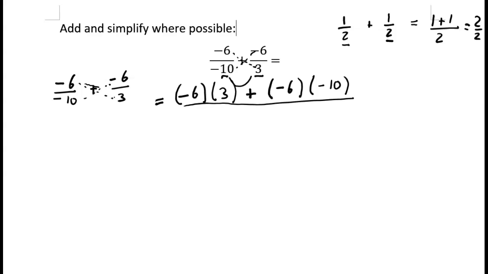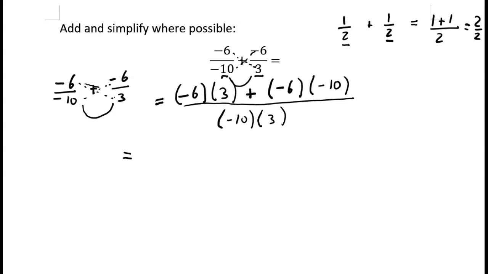And what have we got in the denominator? We've got the smile here. We've got -10 times 3. So that's the kiss and smile method. And now we need to do the calculations. What have we got here? So